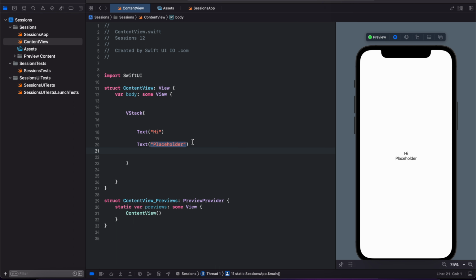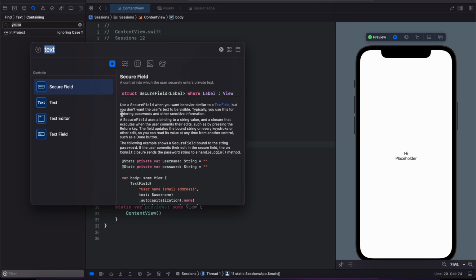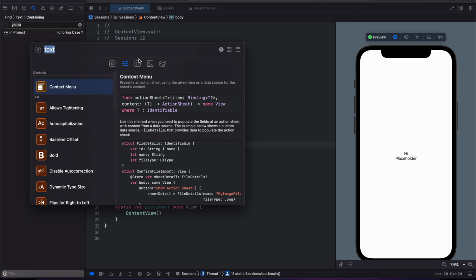Again press command shift L and you can select this second tab. This is modifier. You can change any modifying to existing element. Just now I'm going to search font,